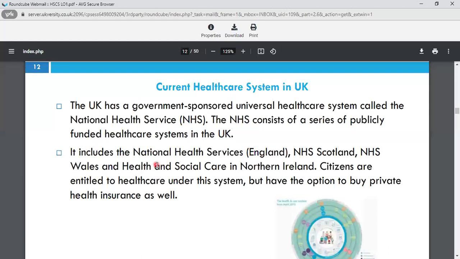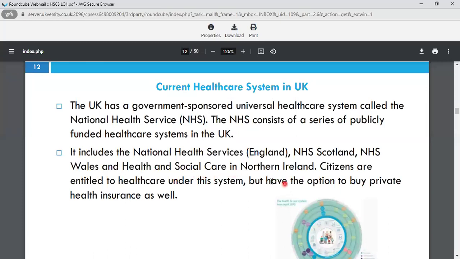So the UK has a government-sponsored universal healthcare system. That is called the NHS. We know about that. It consists of a series of publicly funded healthcare systems in the UK, and there are different organizations, different sectors working within the NHS. So we have NHS England, NHS Scotland, NHS Wales, and Health and Social Care in Northern